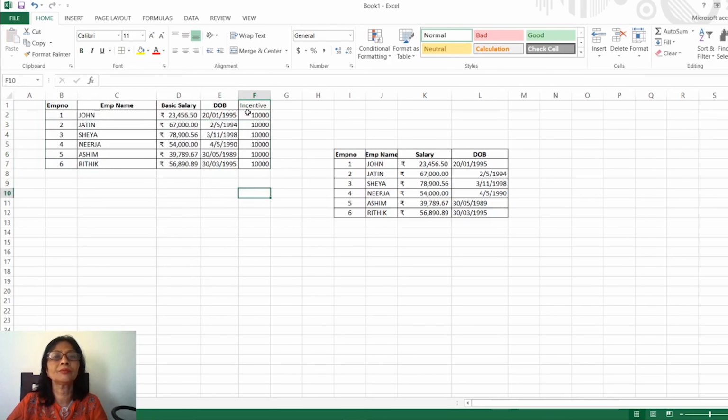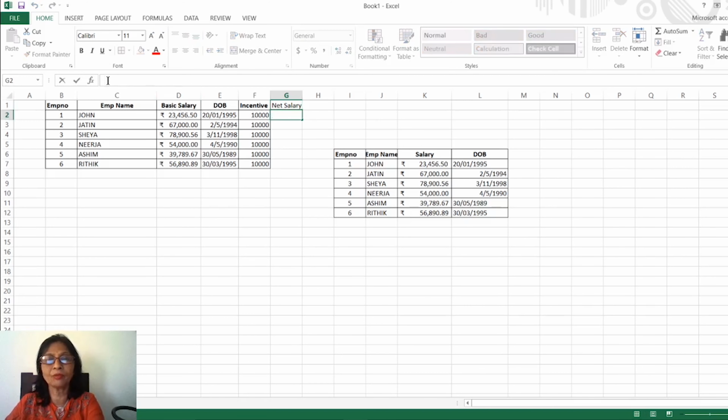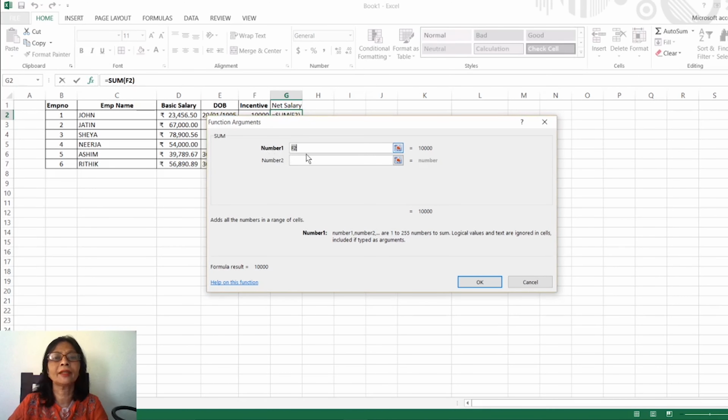It is the new one, make it bold, and one more column I will add here, that is total salary, or you can make it net salary. So net salary. Yesterday you learned this is the formula bar. In the formula bar we will put an equal sign, then click here, select the sum option, and the number will come.